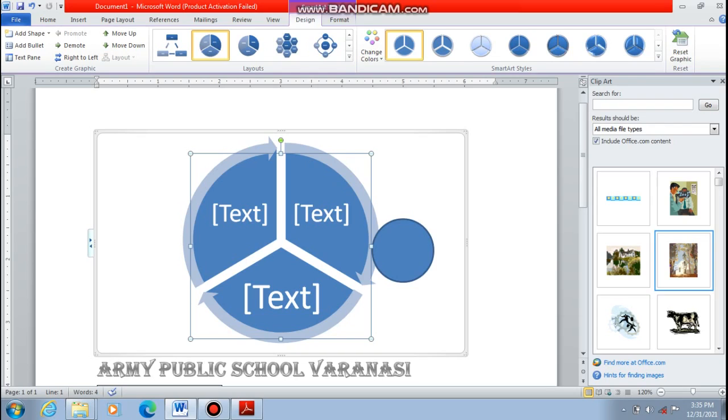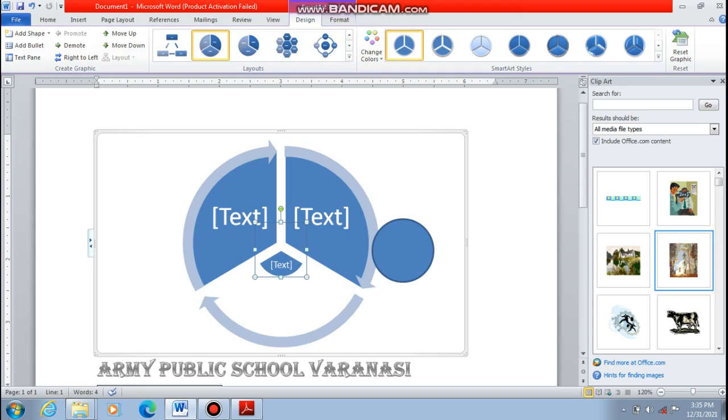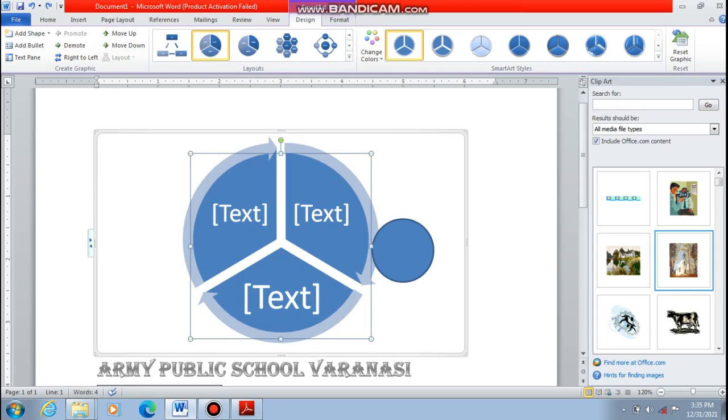After that we had done moving and resizing the images, or whatever we have taken. You can resize these shapes as well, so you can increase and decrease their size. You can increase and decrease the size of the complete text, depending upon wherever you want. Sorry, this is not showing.